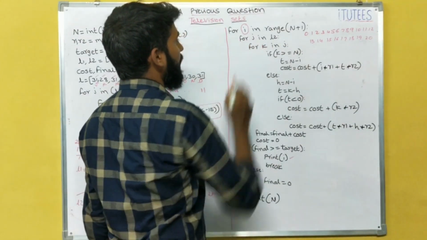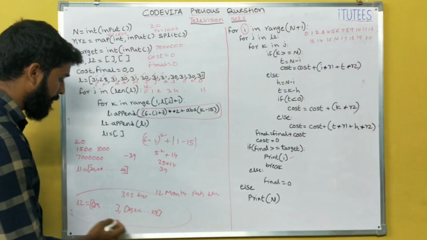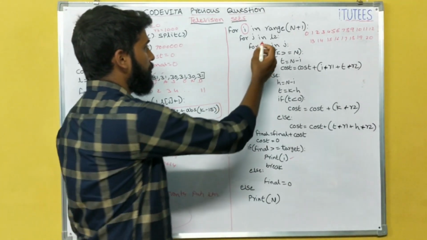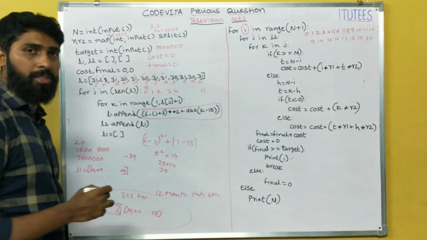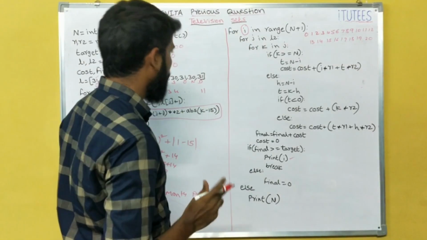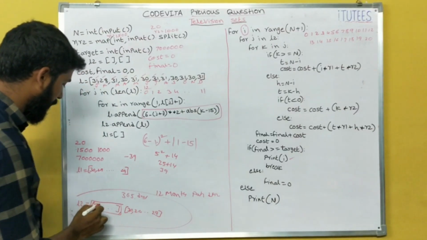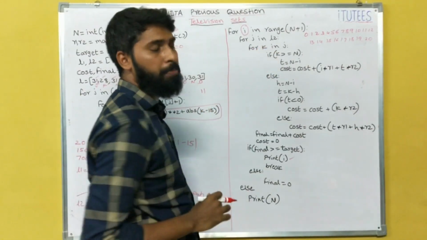Now this is the for J in L2. What does L2 contain? L2 contains the number of patients for all the 365 days. So first one is stored in J. Okay. So next, K in J. What does K in J mean? This 39. That means I am taking the January 1st patients.